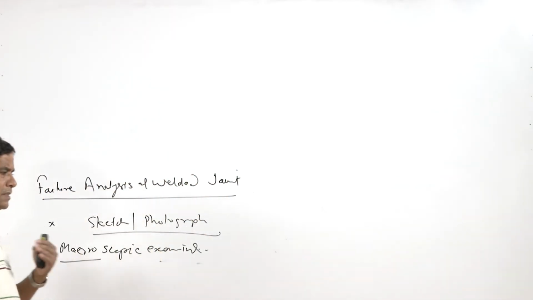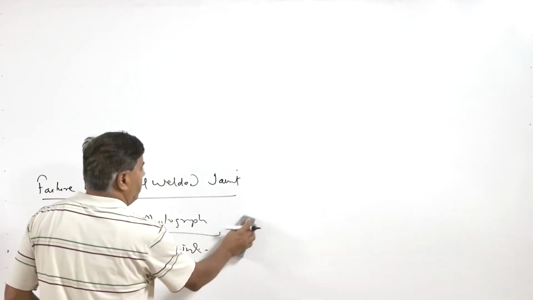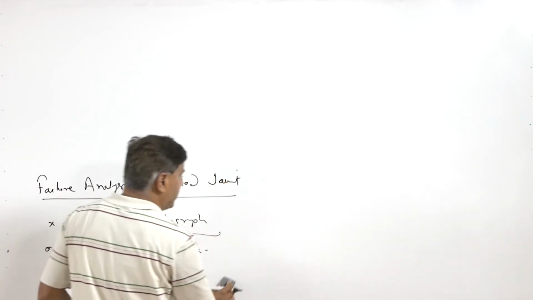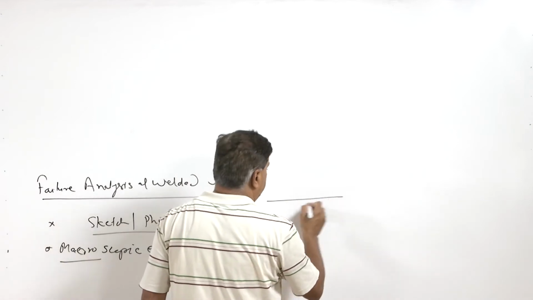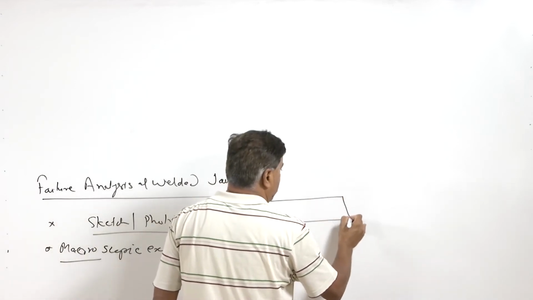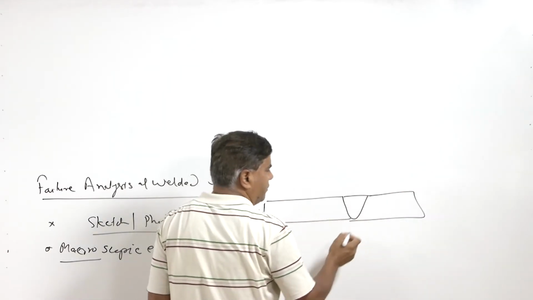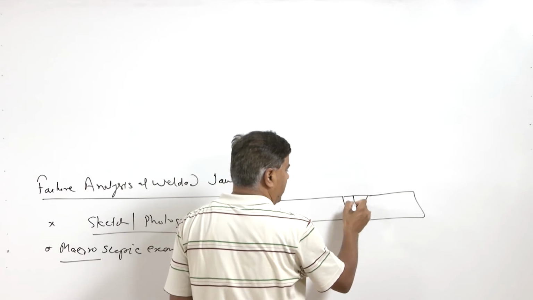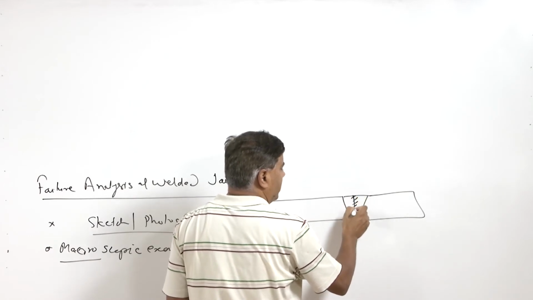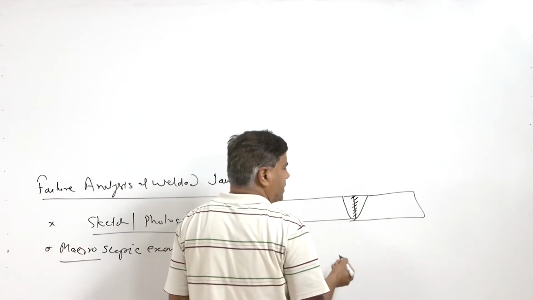According to the standards, there are some requirements, like a fillet weld must be of a particular size, or the butt joint should be of this much size. In case of butt weld joints, normally the thickness of the plate is considered as the throat thickness, that is the minimum thickness of the weld,